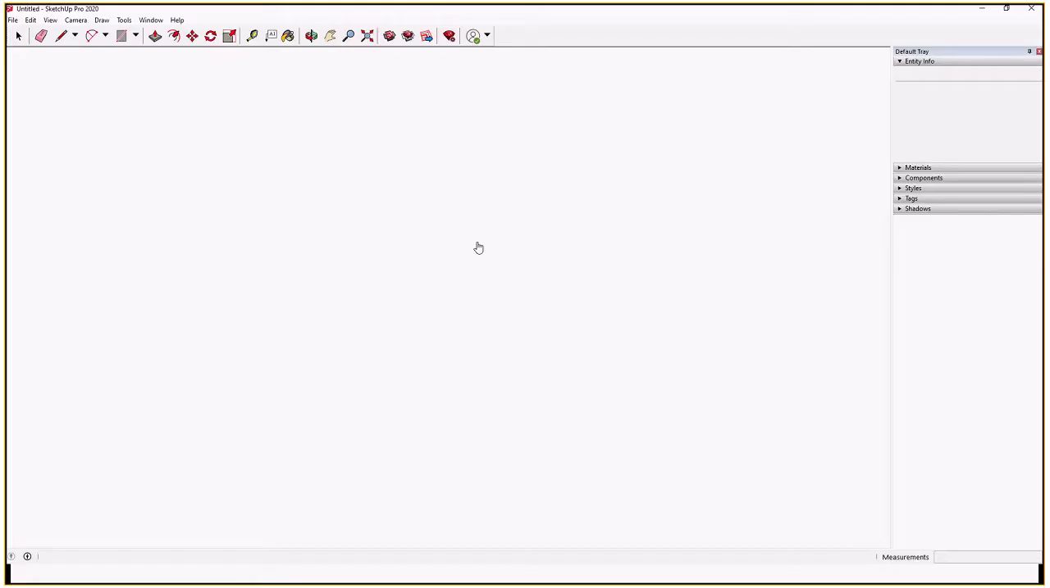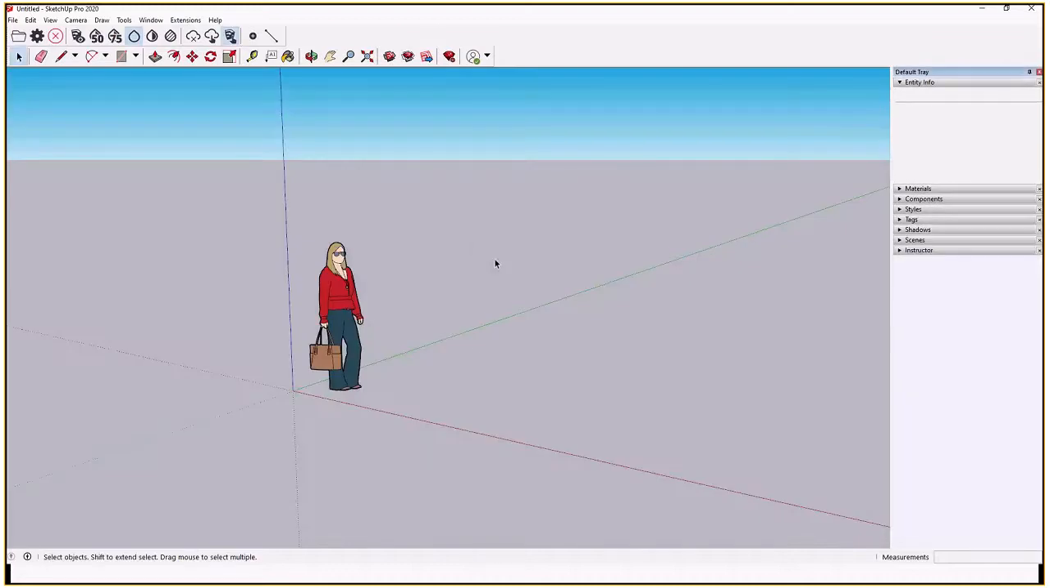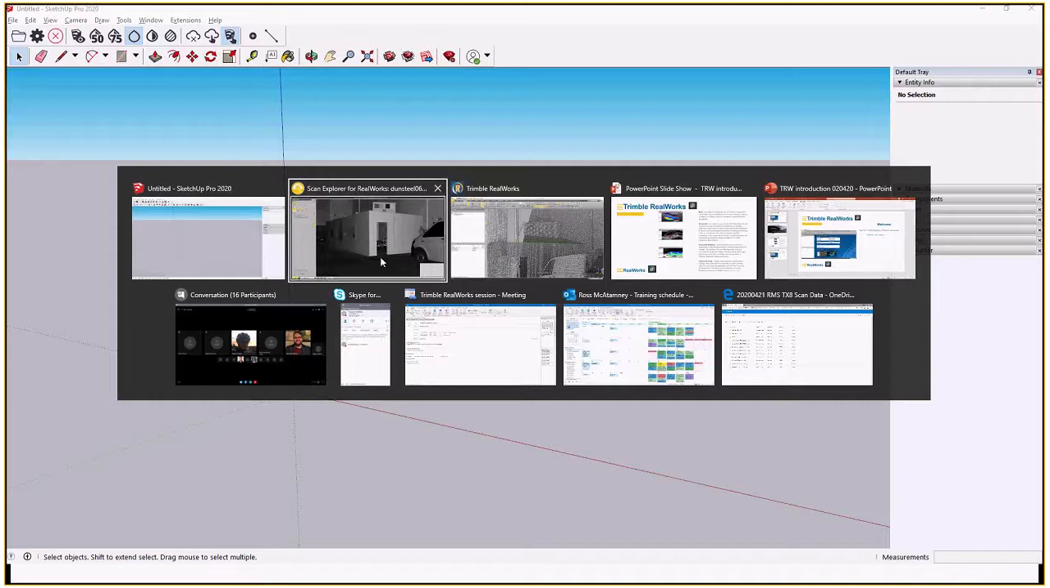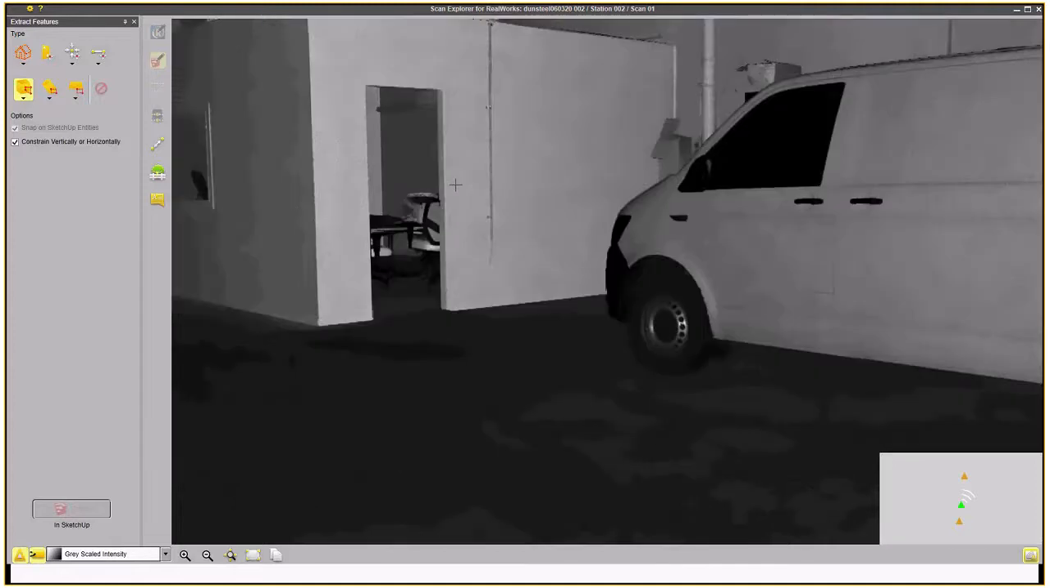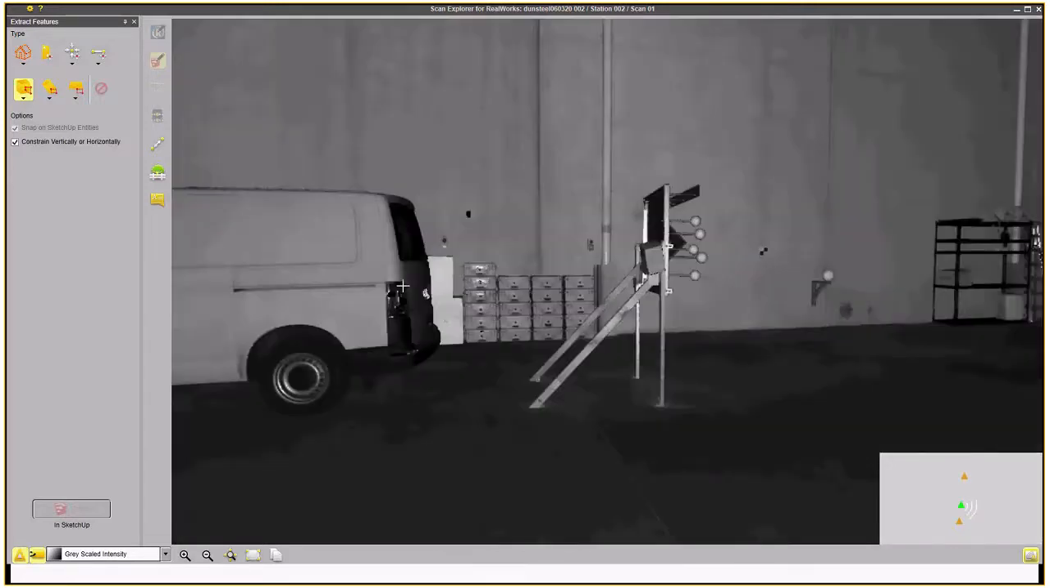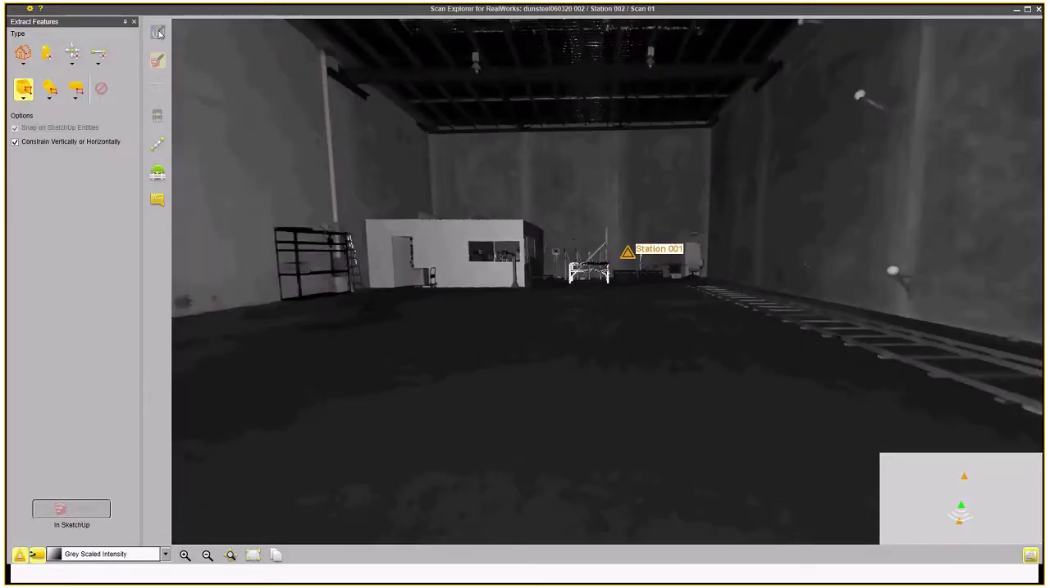And so it'll take us into SketchUp. This is the new scan extension tools up the top here, which I haven't had much of an opportunity to play with as yet, but I'll come back into here. So if we wanted to extract features into SketchUp, one of the nice tools in here that wasn't in the RealWorks